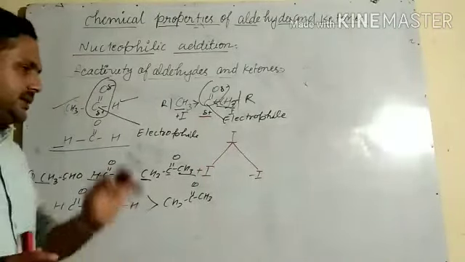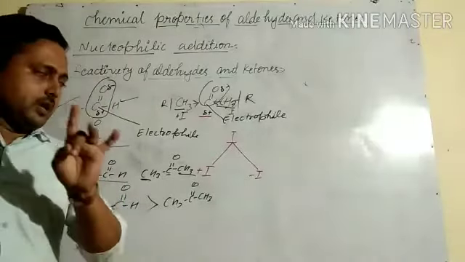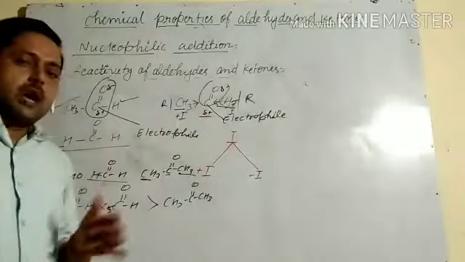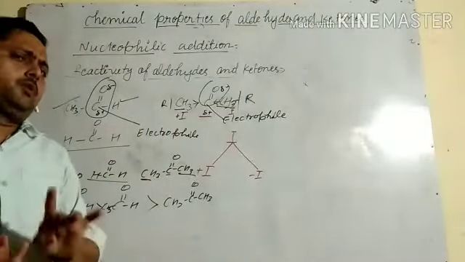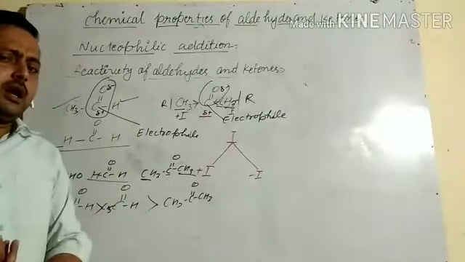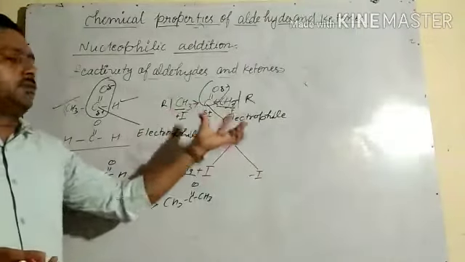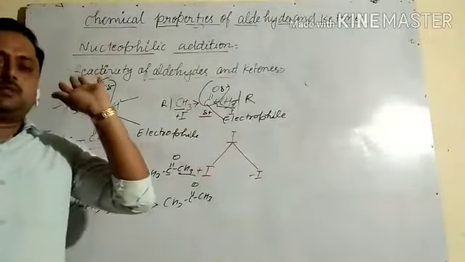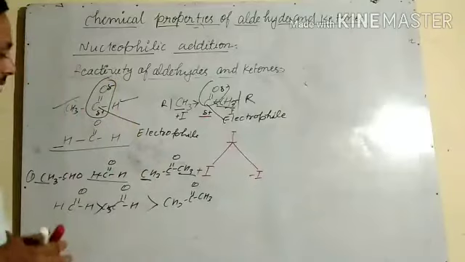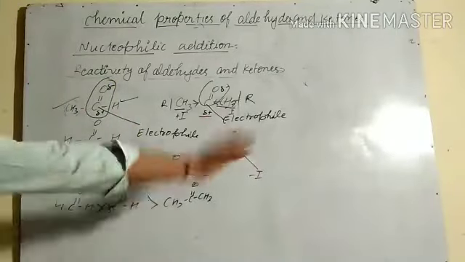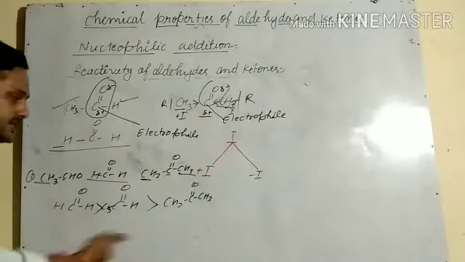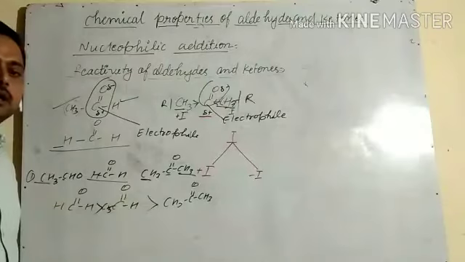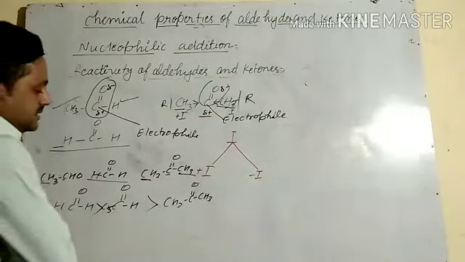Just remember this one point. If alkyl groups are bonded to the carbonyl carbon, they reduce the electrophilic nature of the carbonyl carbon because alkyl groups show a plus inductive effect. This much you remember. So a one-mark question may come where different types of aldehydes and ketones are given, and it may ask you to arrange them in increasing or decreasing order of their reactivity. We can arrange them by looking at the alkyl groups.